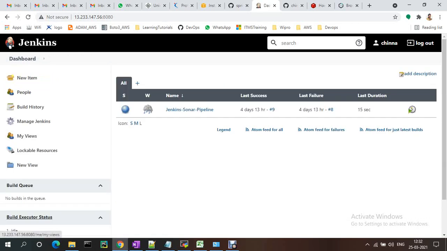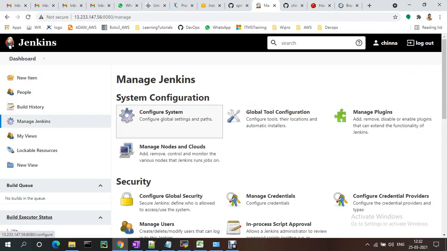There is one more plugin. This is a Maven project, and to read the POM file values like group ID, artifact ID and version, we need to download one more plugin.